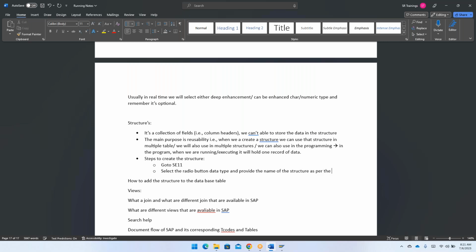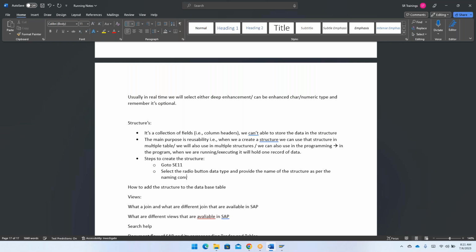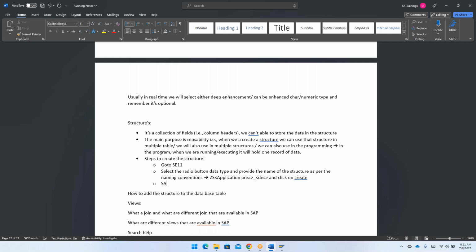As per the naming convention, we will start with ZS, underscore your application area, underscore your description. So this is what you will be writing, and then click on create. Now SAP will open a pop-up window,